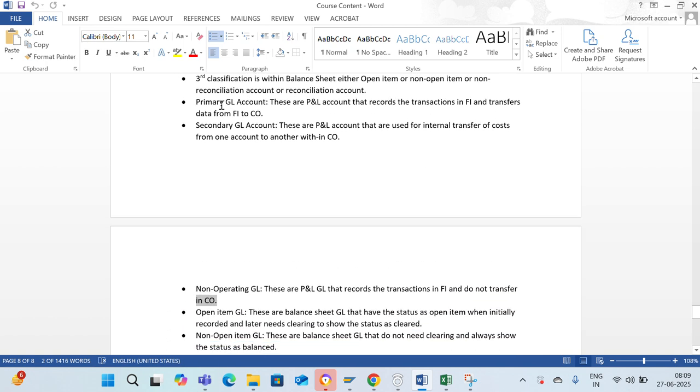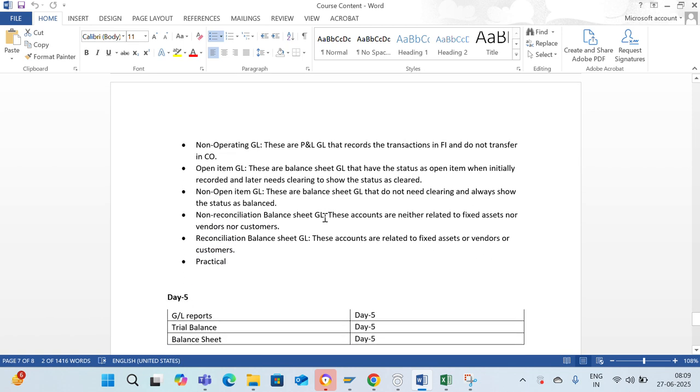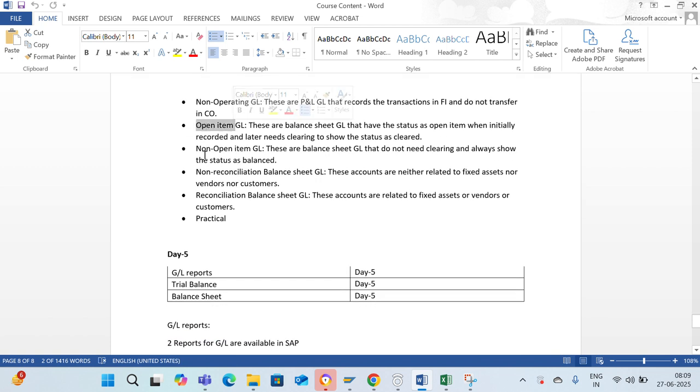So if we talk of the difference of primary, secondary and non-operating: the primary GL records the transaction in FI and transfers the cost from FI to CO. Non-operating GL is a part of P&L GL that records the transaction in FI but does not transfer in the CO. Secondary GL is used for internal transfer of cost from one GL account to another GL account but within controlling, within CO. Coming to the further classification of the balance sheet, we have open item and non-open item